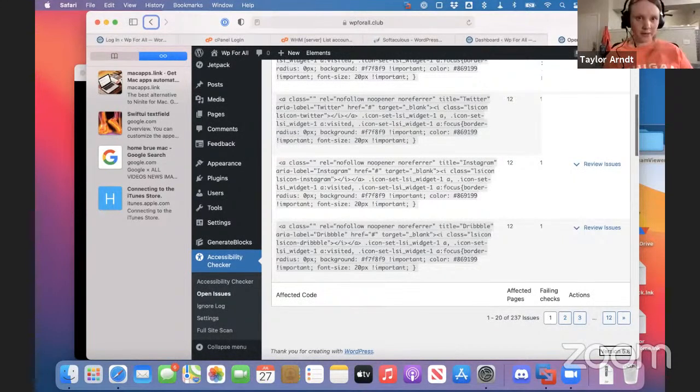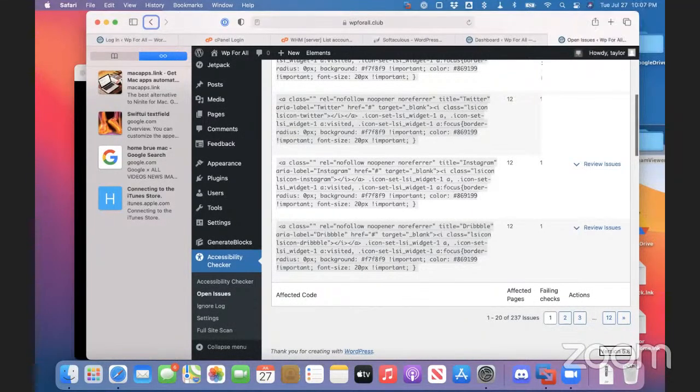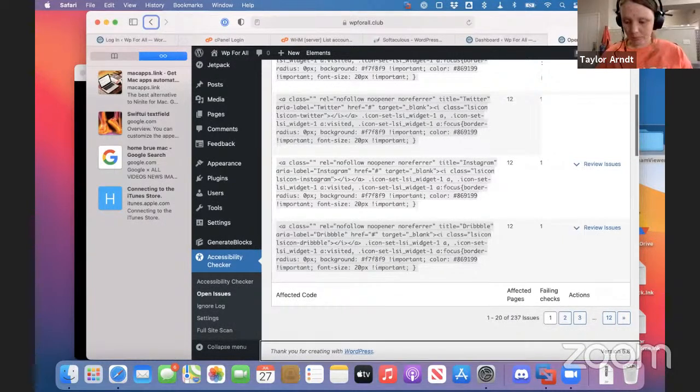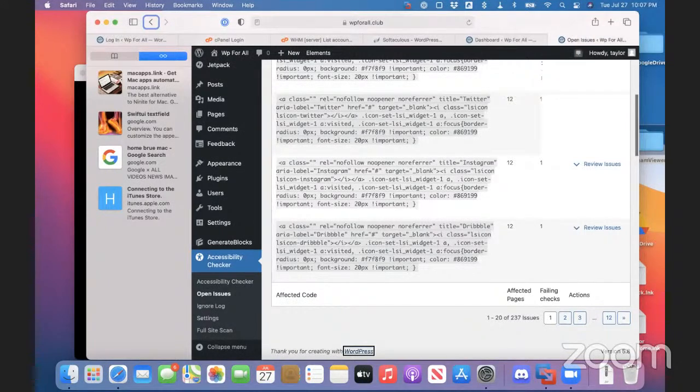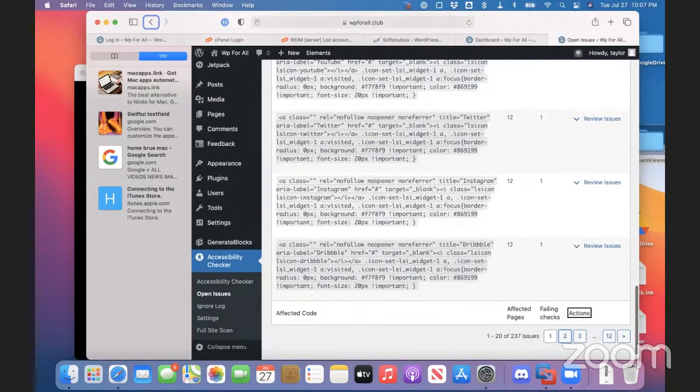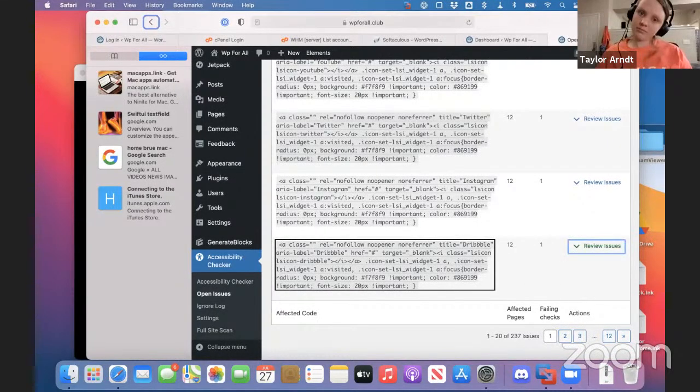But you can't interact, you can't do anything. What else could you do? Can you do VO right arrow? No. Well, I can, and it jumps me all the way to the bottom of the page. I'm actually looking. If you could get some code selected and have it read it. Row 4. Failing check. Affected code. Less than the class equals. Rel.